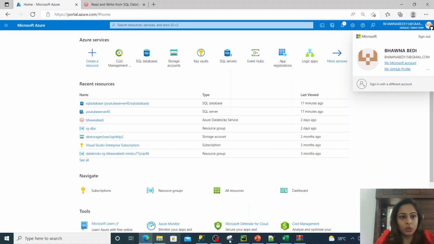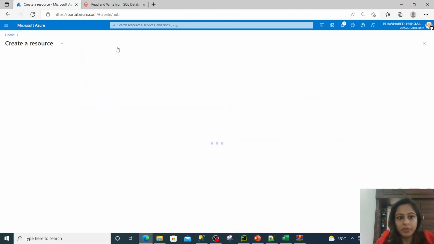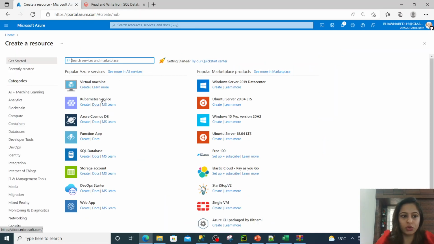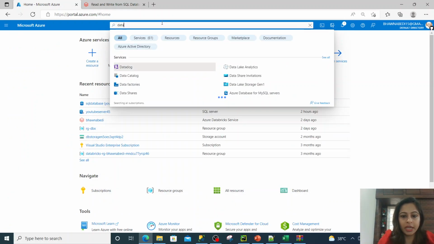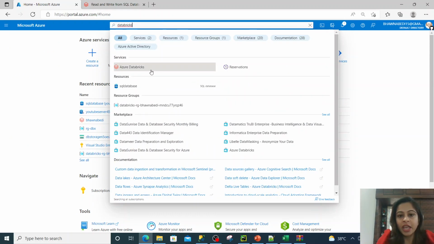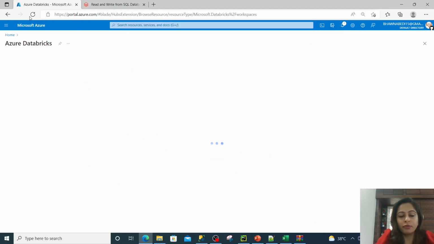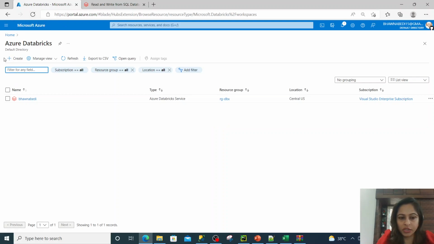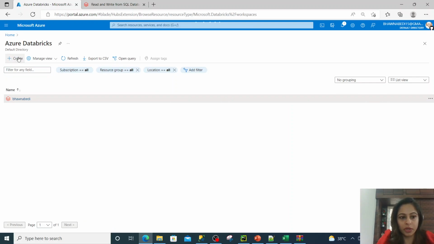I will go to the Azure portal over here. Now I already have Azure Databricks service, but for now I'll create a new resource over here. So you can go ahead, click on this create new resource in the portal, or you can directly search Databricks here, right? You can simply type in Databricks and you will see that you come up with this Azure Databricks service, right? Now if you click here, you can click on this create option. So this is my previous Azure Databricks, right? And this is a resource group under which it was created for location of Central US. Now if I click on this create option over here,